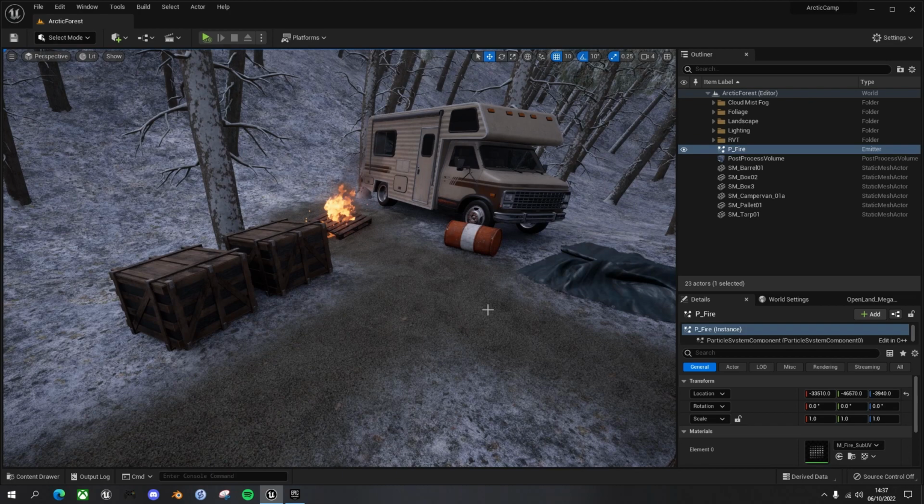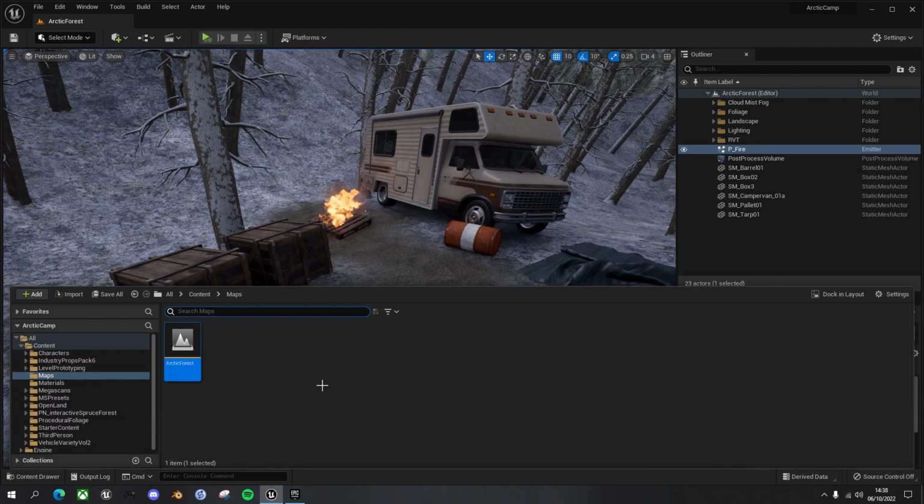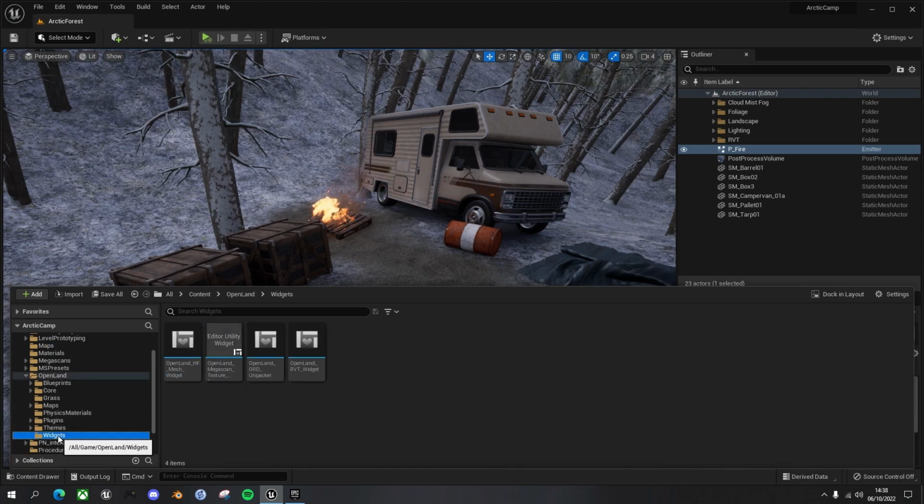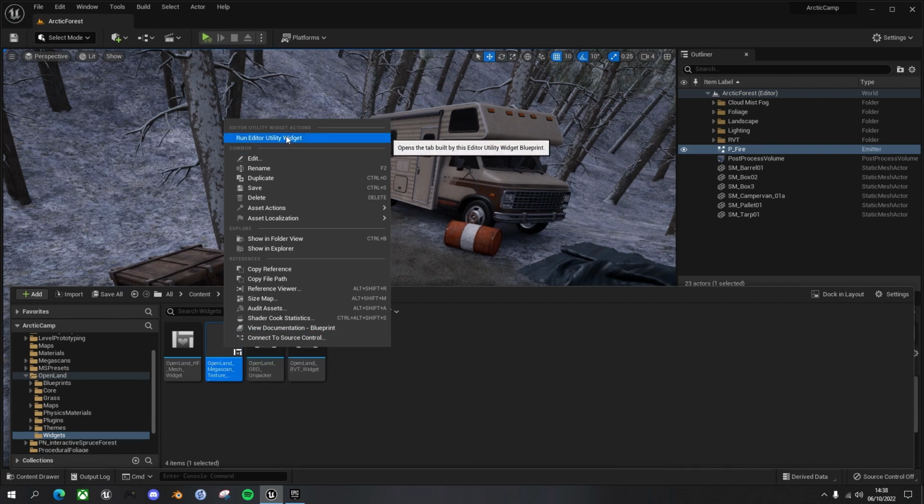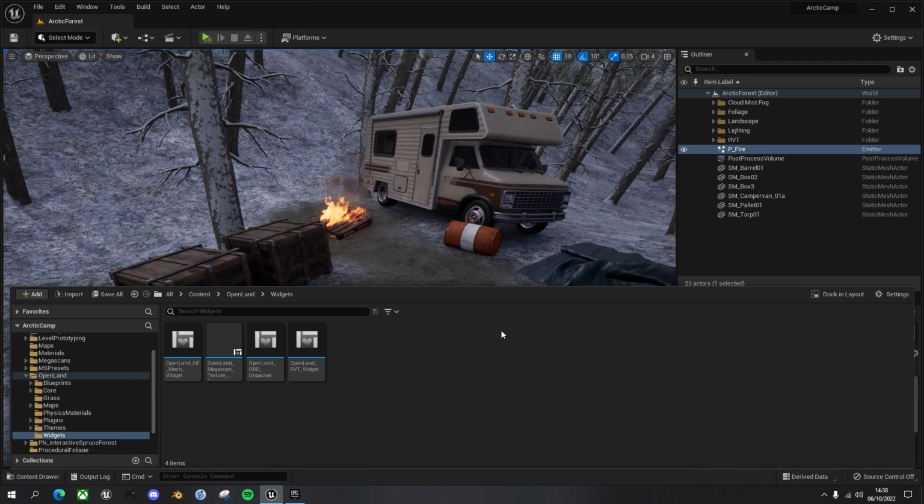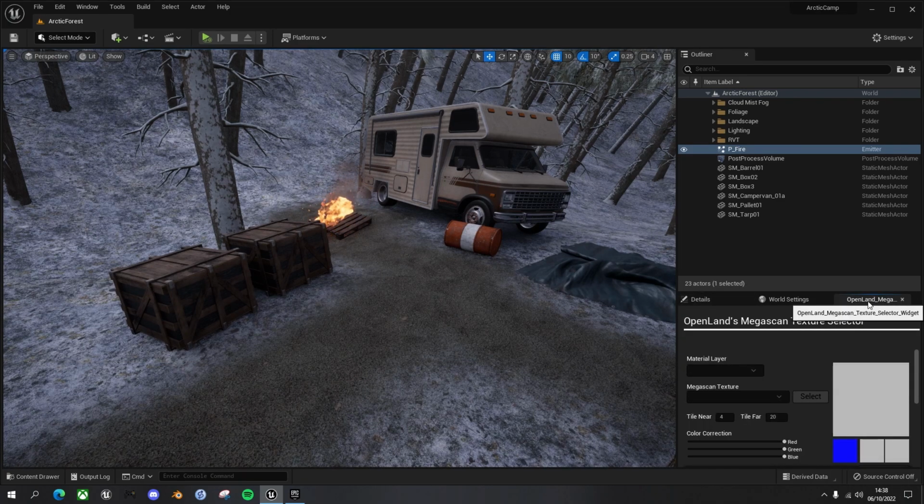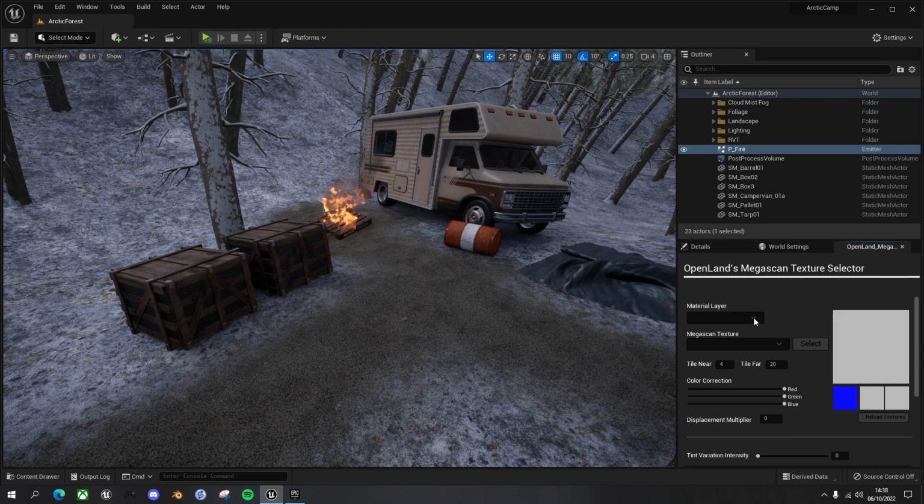And now what we need to do is change this sand layer to use that new texture. So to do that, go to the open land widgets and make sure you run the open land megascan texture widget. You may have done this before in an earlier tutorial, in which case you'll end up with a widget that looks like this. Yours might be in the middle of the screen, so you can dock it. And what we can now do is choose the sand layer, and what we want to do is use our rocky forest floor as texture. So click on that to select it and click the select button,